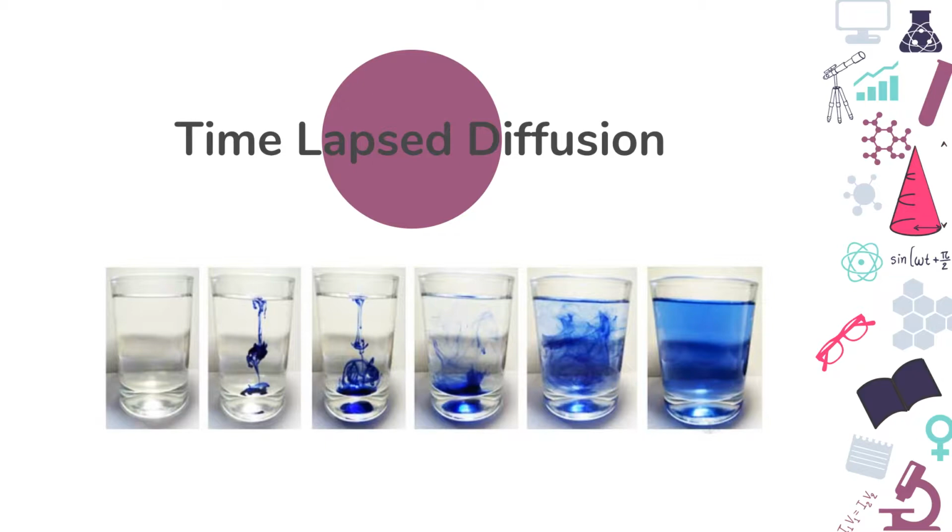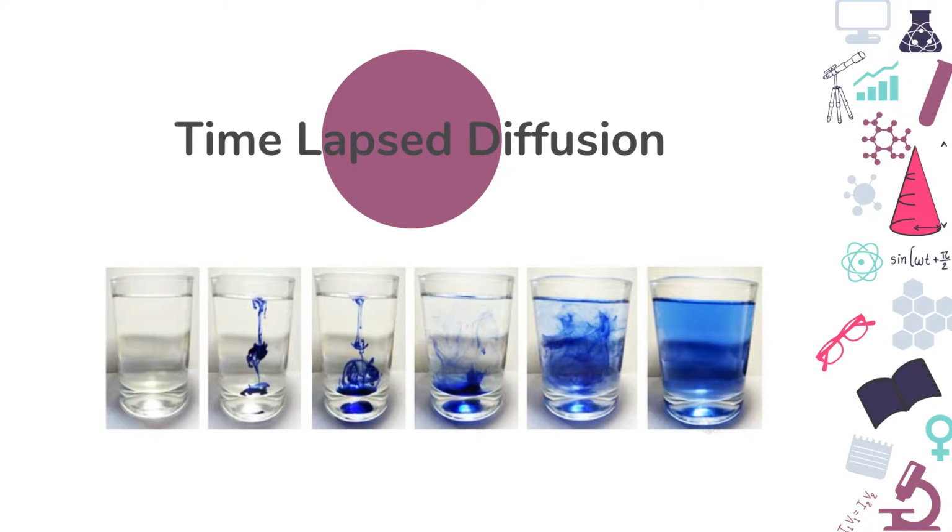Diffusion. Diffusion is what is happening there. So what diffusion is, is particles moving from an area of high concentration to an area of low concentration. So in this example, the food coloring particles are highly concentrated when they're first dropped in the cup, right? They're really dark blue when they're all together. And then they start moving against each other and moving against the water molecules, and eventually they spread out to the low concentration, to the clear water, until everything is equal, till all of the particles of the food coloring and the water are equal and moving around,